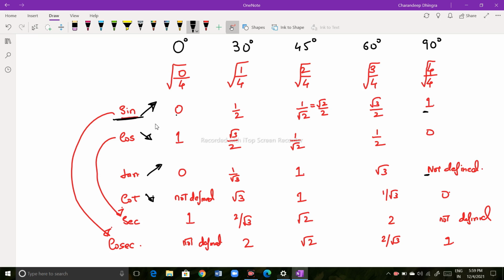So similarly we can make some observations from this table. Even if you check for these four ratios, and if you remember we had discussed these four are the derived ratios. So these four ratios are not defined at some values. However, these two fundamental ratios are defined for all values of theta. So for all the standard angles, 0, 30, 45, 60, 90. So this simple table is usually used in schools and widely used in colleges as well. So we should remember these values of standard angles for the 6 trigonometric ratios.